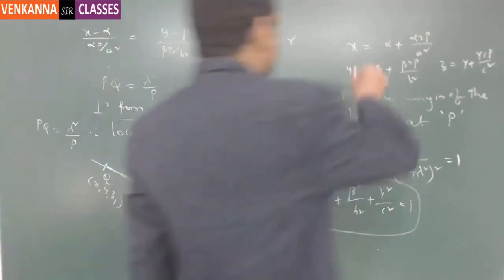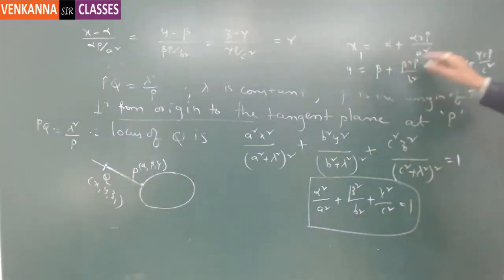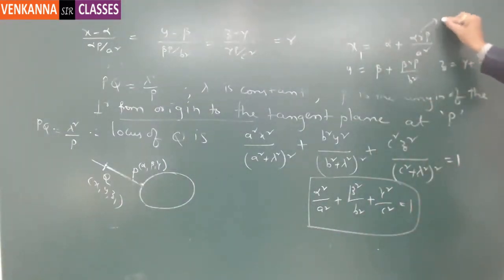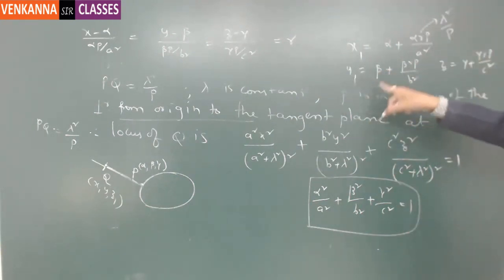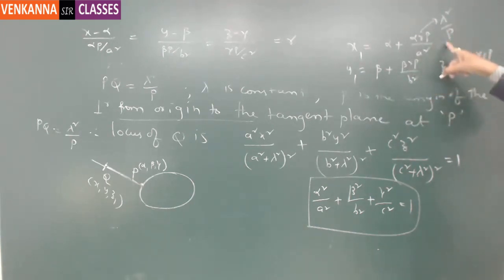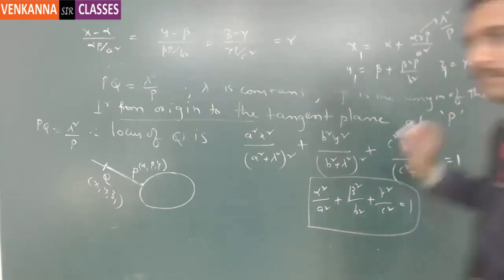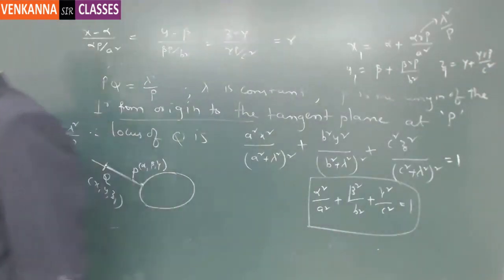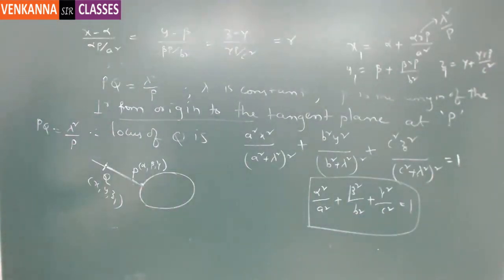So x1 is equal to alpha plus, in place of r, I am substituting lambda square by p. So y1 is equal to beta plus, again in place of r, I am substituting lambda square by p. Similarly, z1 is equal to gamma plus, in place of r, I am substituting lambda square by p. Okay? To get the coordinates of Q, what I am doing? So if you substitute the values,